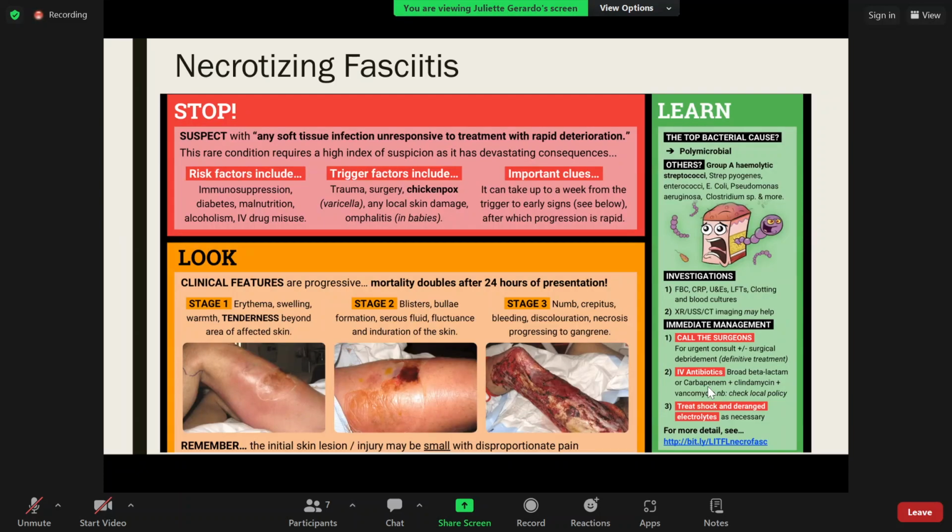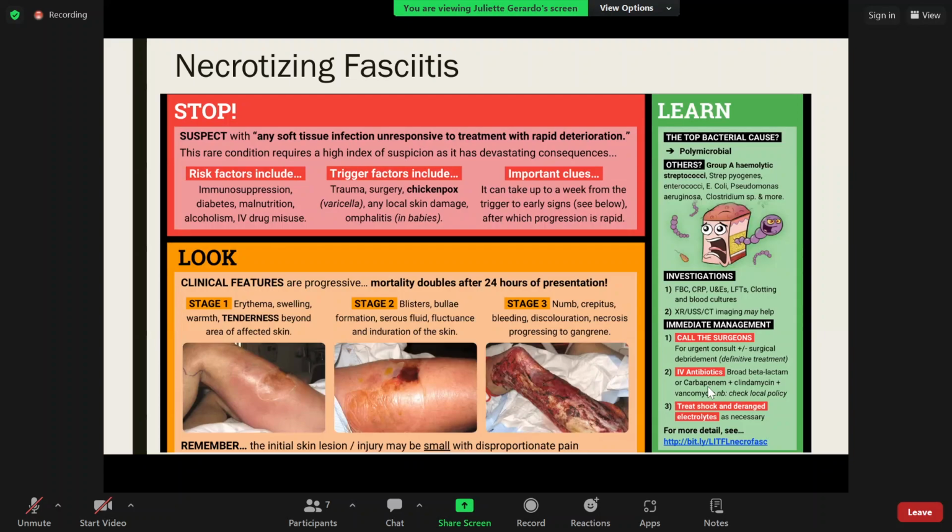More chairs here. So anytime you have somebody who comes in with an area of erythema, I'm not saying that it has to be on the differential, but it should be. It should be something that you at least have in the back of your mind, because missing it can have very severe consequences. So the risk factors include people with diabetes who are immunosuppressed, either from chronic steroids, your transplant